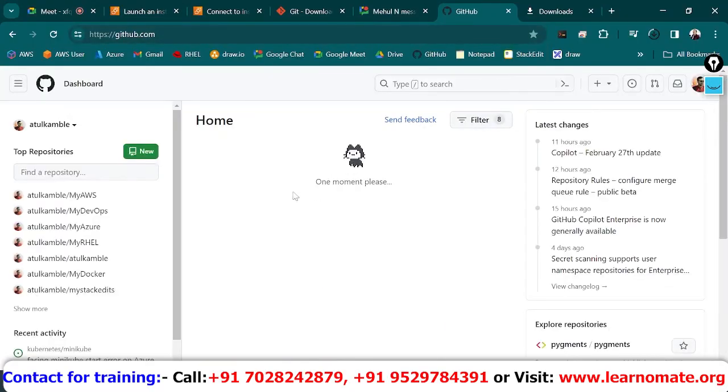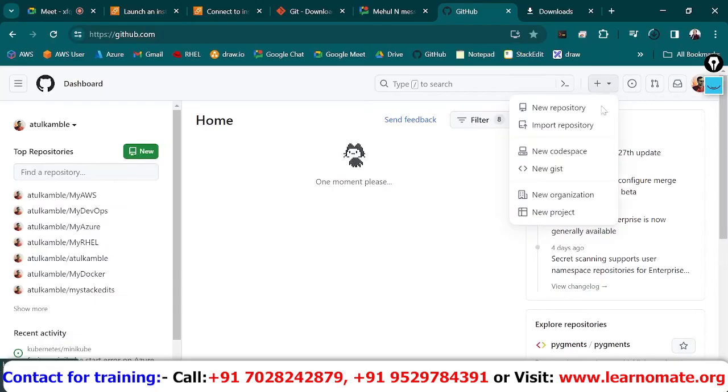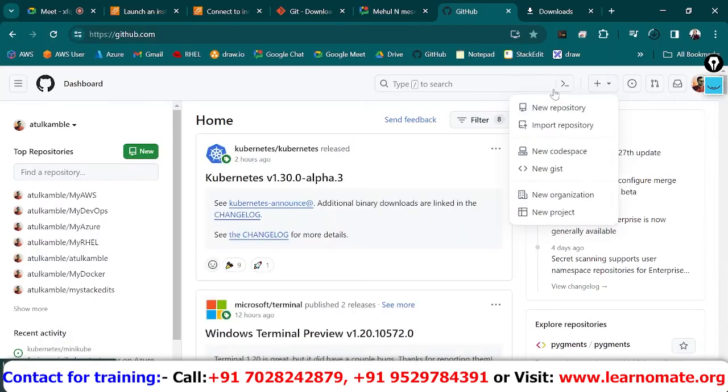Here we will create a repo, which will be a remote repo. There are two types. First of all, you are creating a local repo, and secondly, you are creating a remote repo. Whenever you are working with the remote repo, you will match your local repo with the remote repo. And right now I am showing you how to create a remote repo which is present online on the GitHub